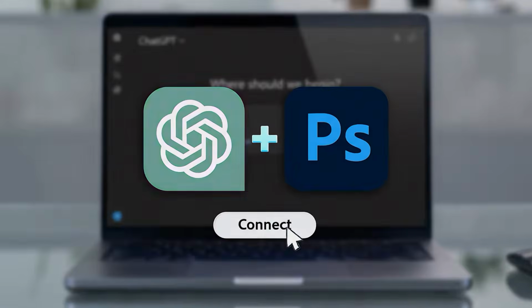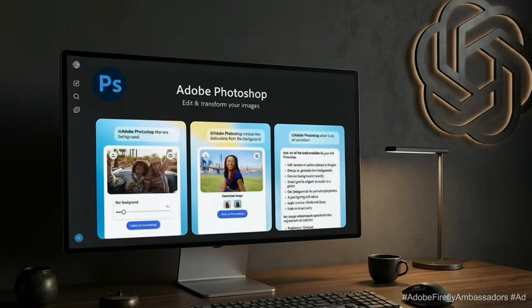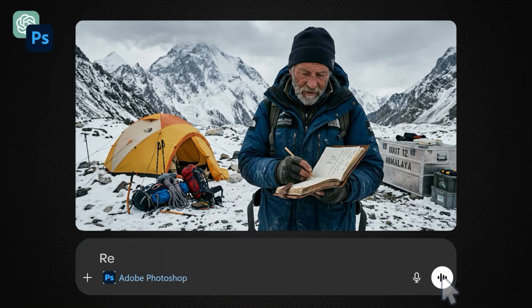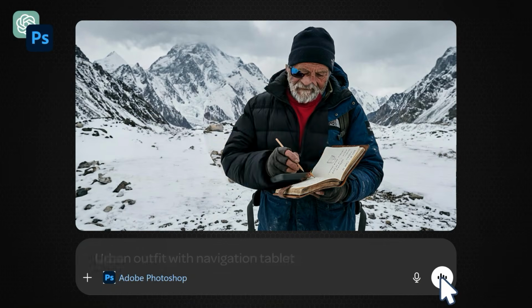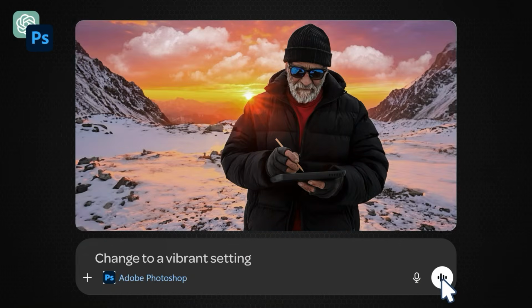On ChatGPT, we can now edit photos and images with the power of Adobe Photoshop. The new Photoshop integration allows us to use text prompts to instantly make professional edits, and I'll show you how